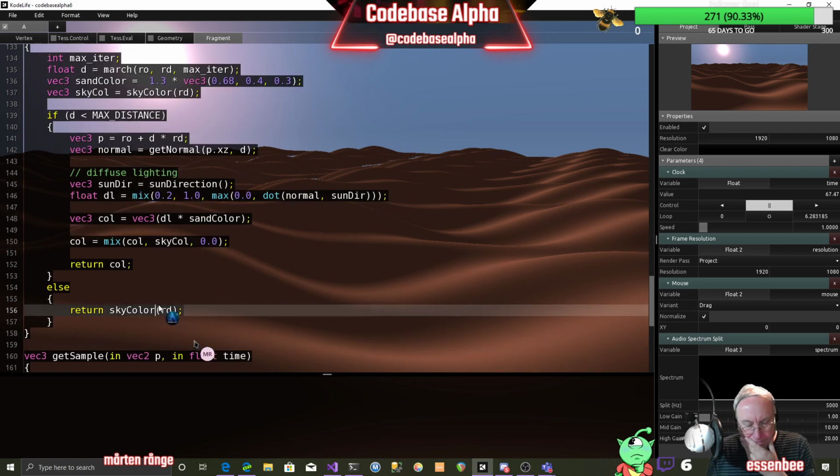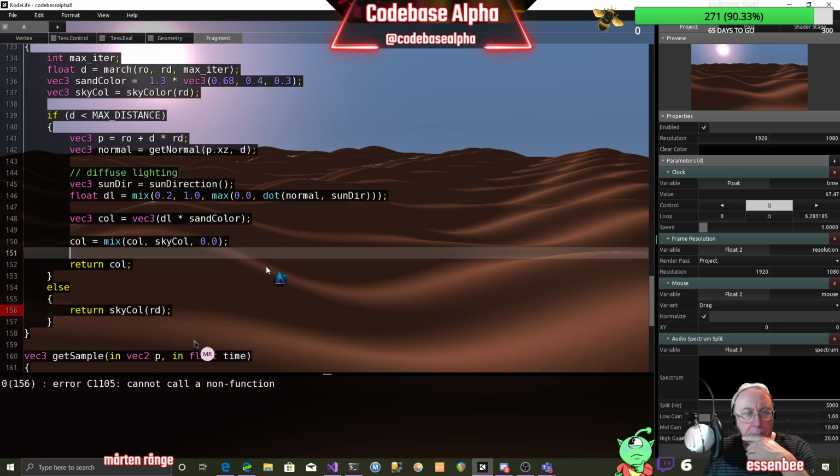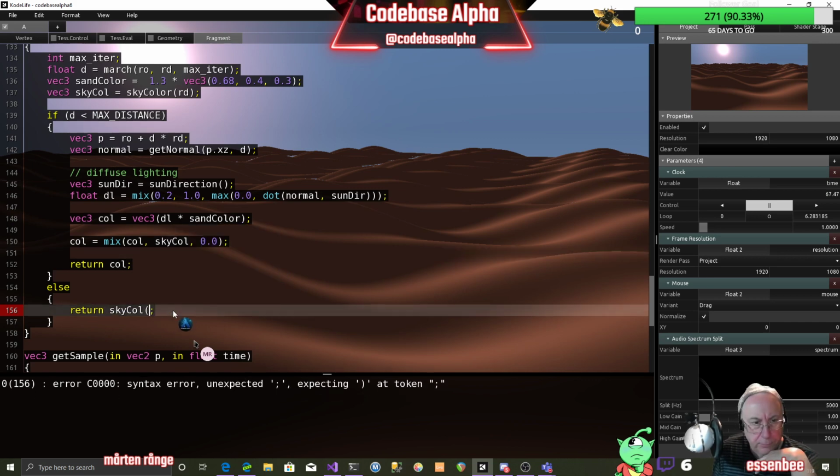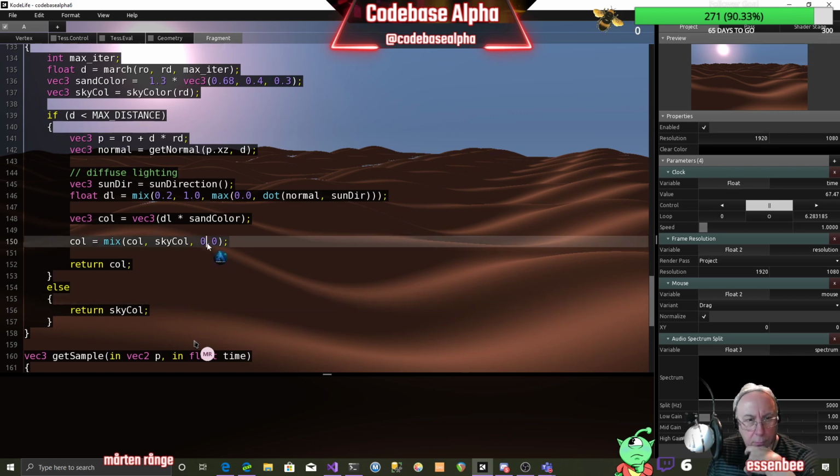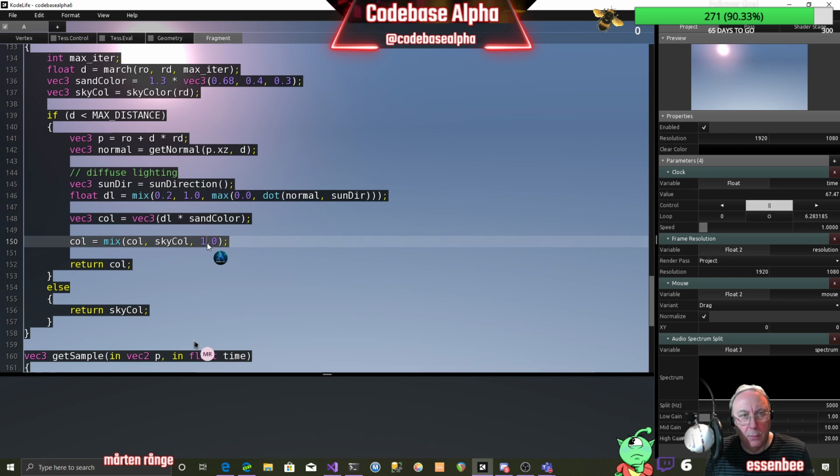Here. Yeah, I got it. And you remove the parentheses. So it's just unnecessary to compute it twice. So if you change the 0 at line 150 now to 1, it completely disappears. Yeah. So the mix function, what it does is that